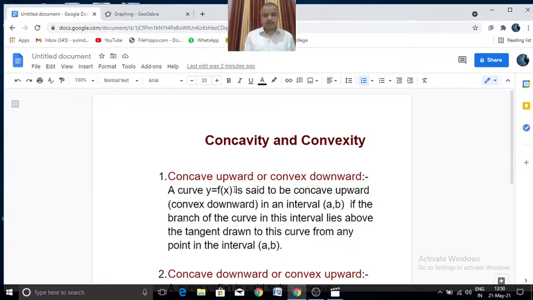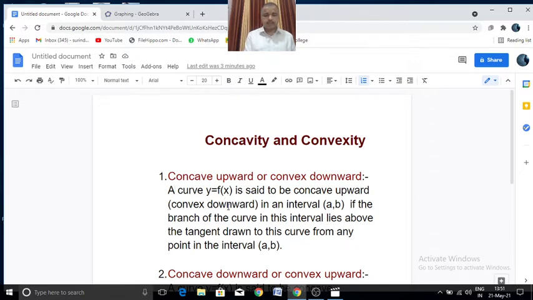A curve y equal to f(x) is said to be concave upward or convex downward in an interval (a, b) if the branch of the curve in this interval lies above the tangent drawn to this curve from any point in the interval (a, b). That is, between the points a and b, we take an arbitrary point, say capital A. At that point, we draw a tangent to the curve y equal to f(x). If the branch of this curve y equal to f(x) lies above this tangent, then we say the curve is